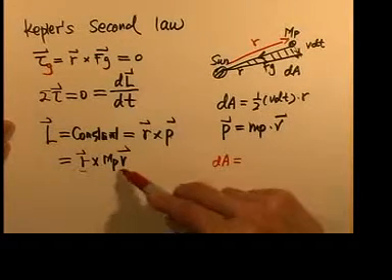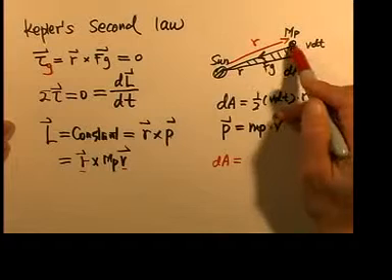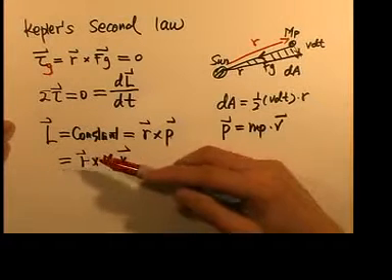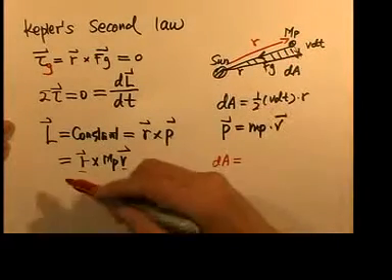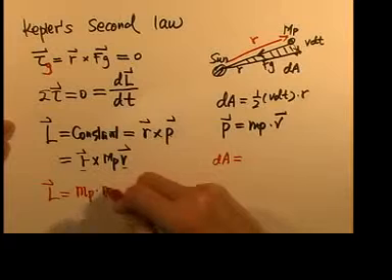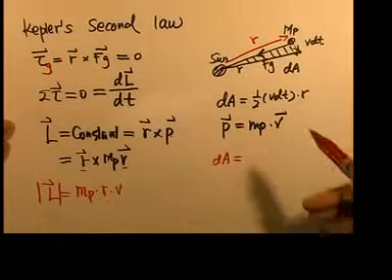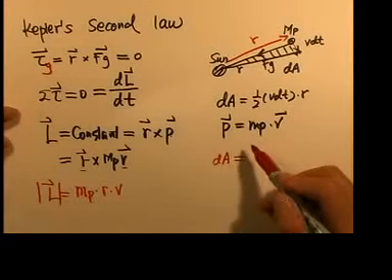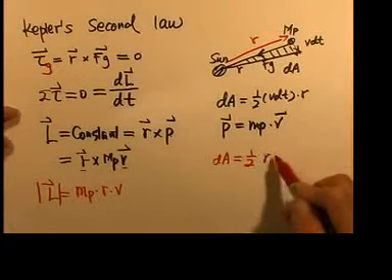v. You see this r, you see this v? In our case, this v is the tangential velocity. When we have a vector crossed with another vector, that is the magnitude times the magnitude times the sine of the angle between them. Right now, the radius and the tangential velocity are at 90 degrees, and sine 90 is equal to 1. So the magnitude of the angular momentum is the mass of the planet times r times v. So dA can be expressed as, since dA is 1/2 of r v dt,